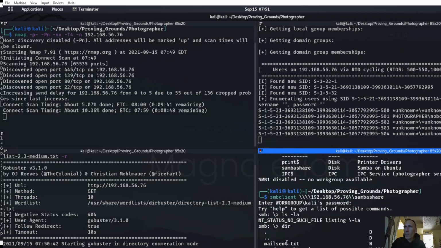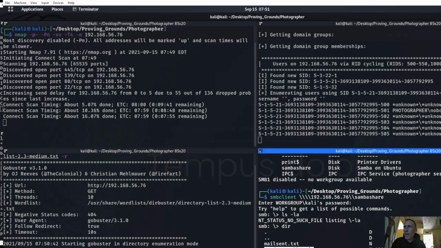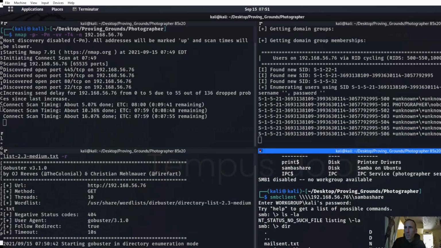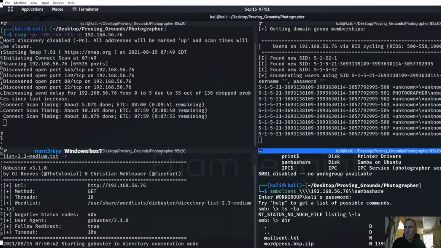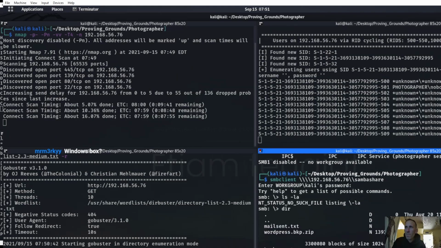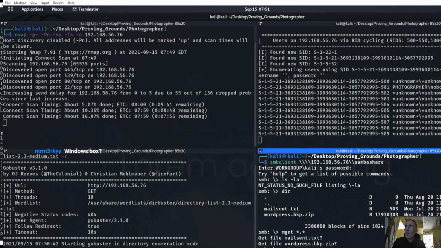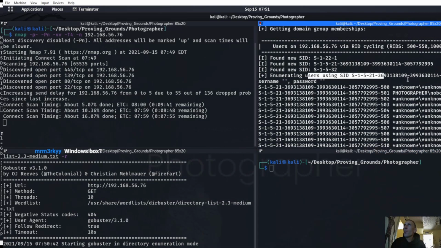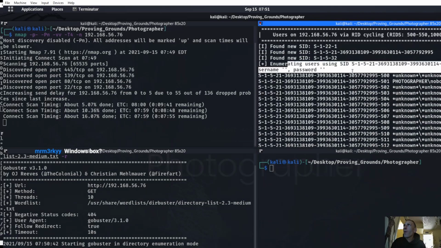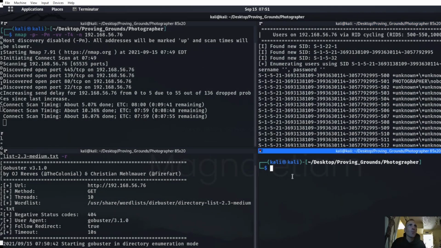Oh, we got two things here. We got mail sent.txt and WordPress backup.zip. Let's go ahead and mget *.*. Please do it like that. Yep, there we go. Okay. Go ahead and exit out of here. Clear that out. See if we got any usernames right there. Enumerate users. Might not get anything till higher up, but if there are usernames in there,